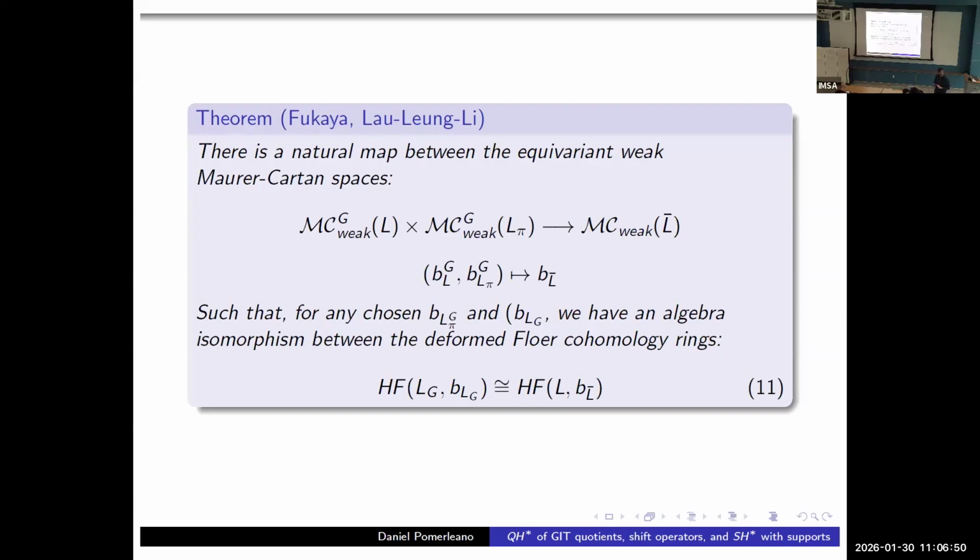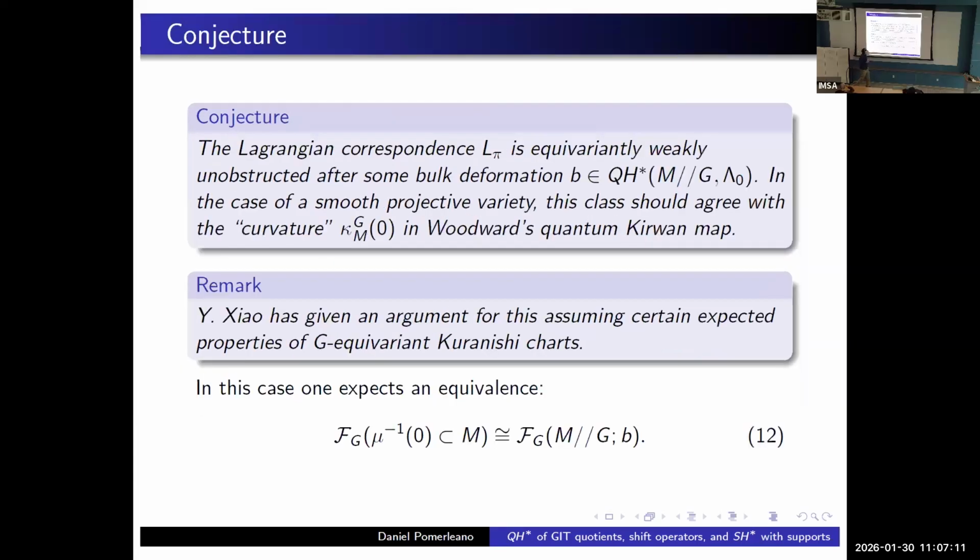Okay, because you say bulk deformed, but there's a bulk deformation. Yes, that's both; that will be in a moment. But here you just have these bounding cochains. Excuse me, my term. These are bounding cochains, and that one has this isomorphism. And then the conjecture, which was part of Fukaya's original lecture, but we still don't have anything written. We don't know exactly. But the claim is that